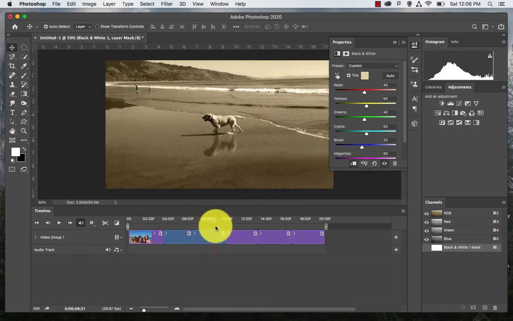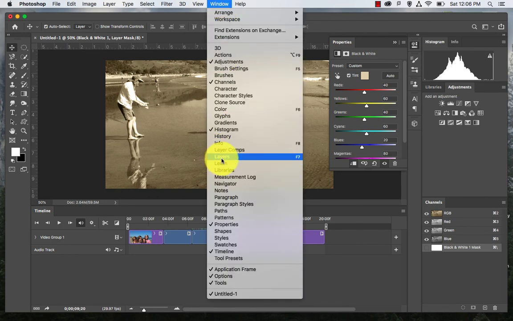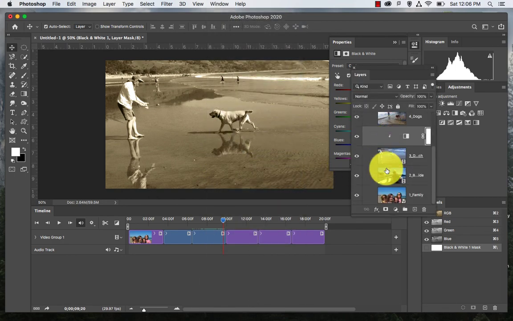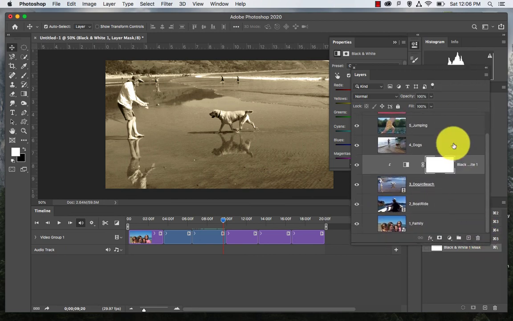That would be the way we do it with any photo. Let's take a look real quick at what's going on in the layers, and then we'll continue. If I take a look at my layers, you'll see that all of your content is right here. Right now, what I did was I actually created an adjustment layer for the picture with the dog running on the beach. So it's an adjustment layer just like you would use in any type of photoshopping. But everything that we're doing here on the timeline